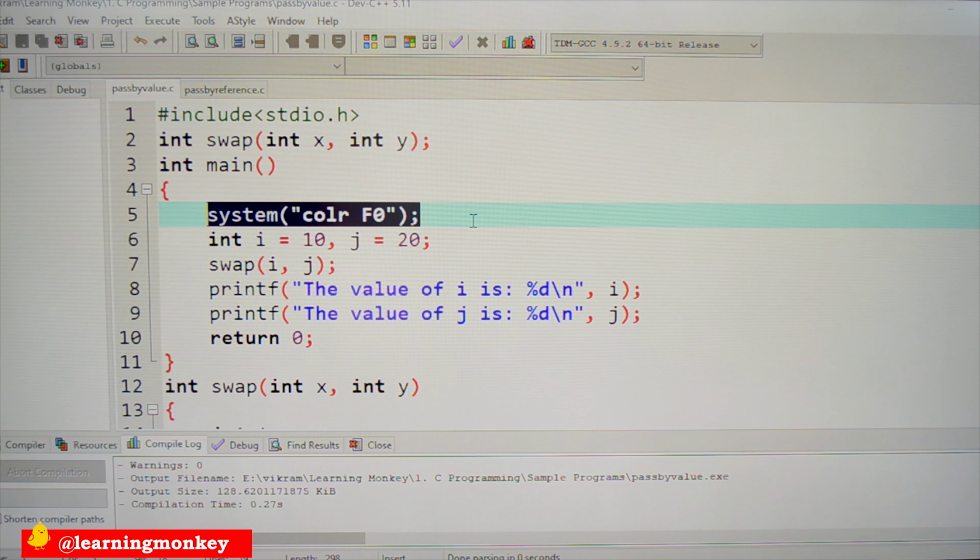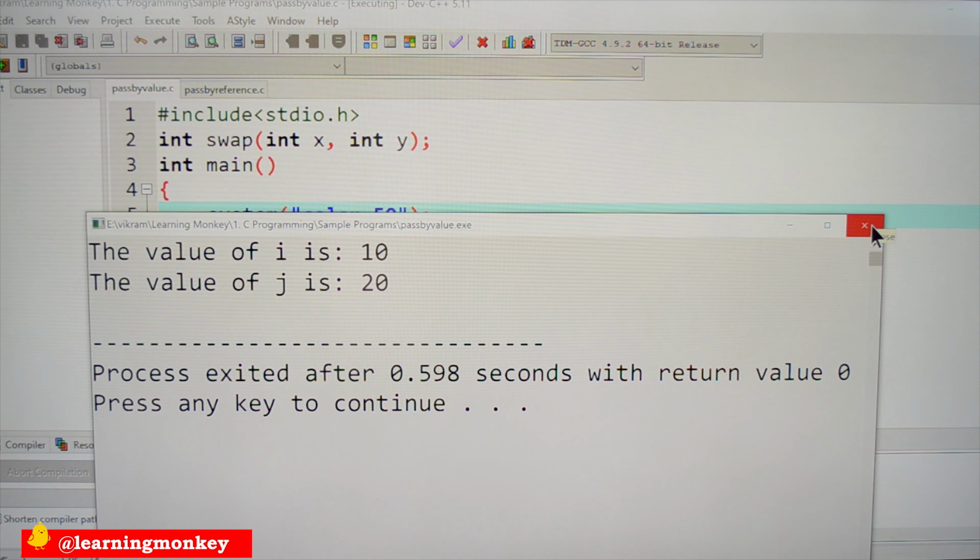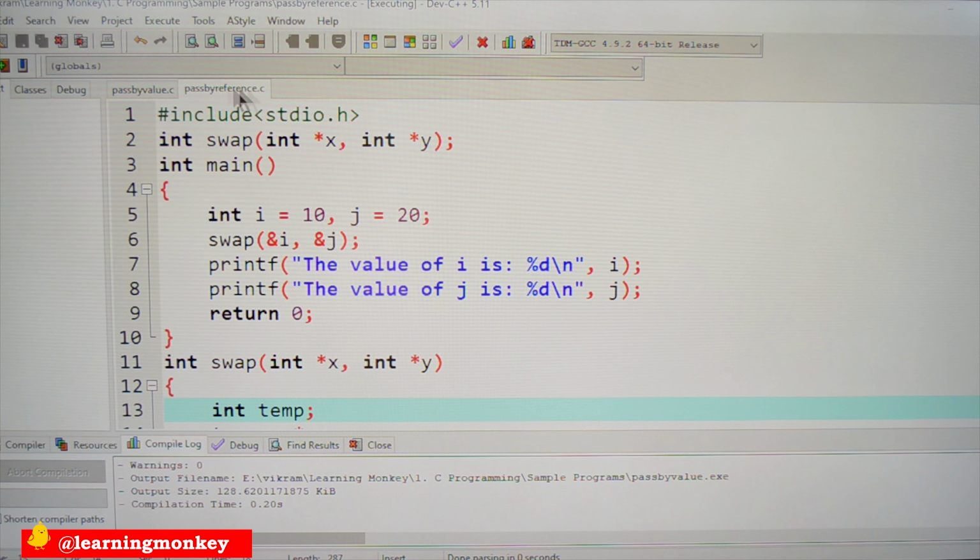This is our first program, pass by value. But let's see the same program by using pointers. Here ampersand i and ampersand j, pass by reference. Here we are passing the values by addresses. Let's compile this program and execute it.